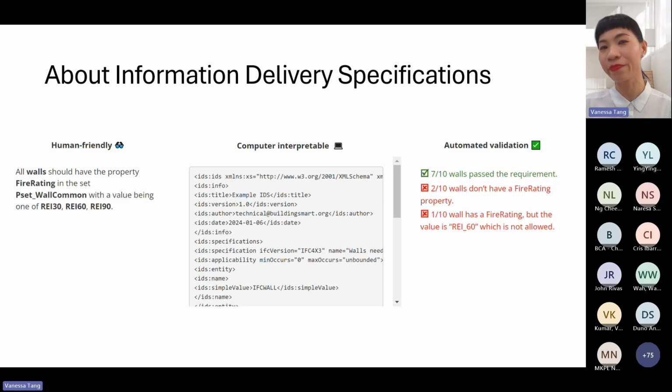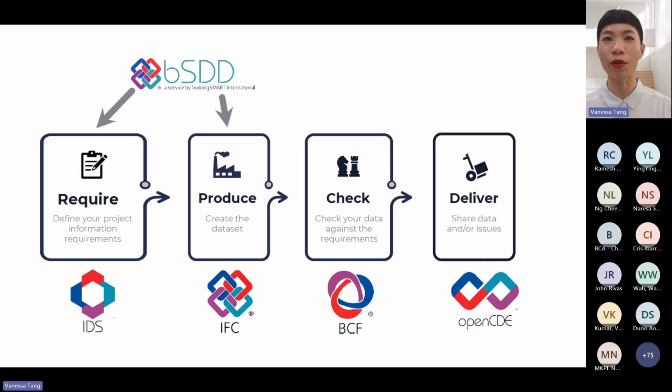automate model checks. Now, being a machine-readable format, the IDS enables the quick and automatic verification of IFC files. You can use it to automatically check and verify if your IFC file matches the requirements that were set in the IDS file, and that can help you to greatly improve the quality of your BIM models. In the context of the complete open BIM workflow, the information delivery specification serves as a tool for you to specify your requirements and check them automatically. That ability to link the requirement and enforcement together is the key to ensure that you receive good quality information